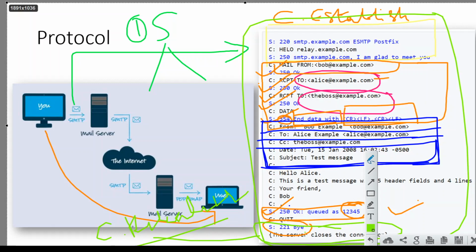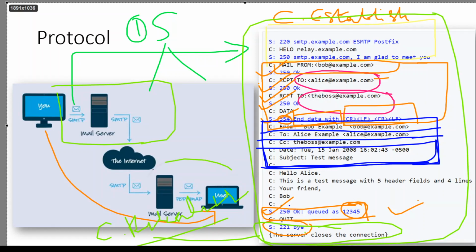All right, so let us get back to the code now, since we have learned how these things work. Here we have looked at only the sending part, because we are not writing code to receive mail.